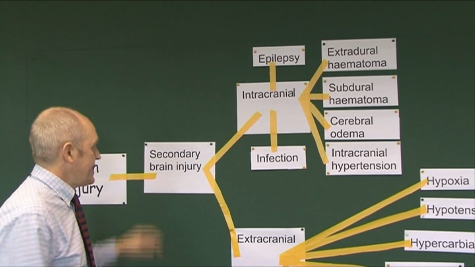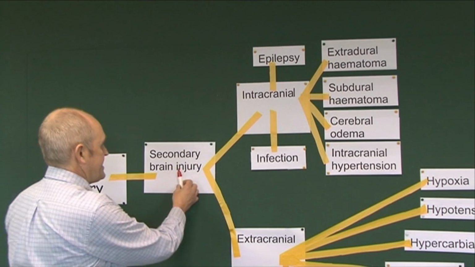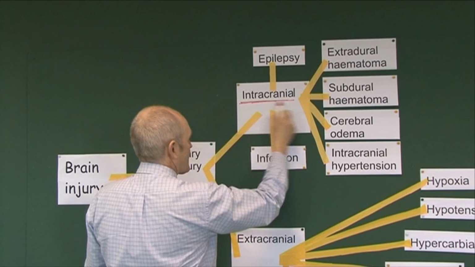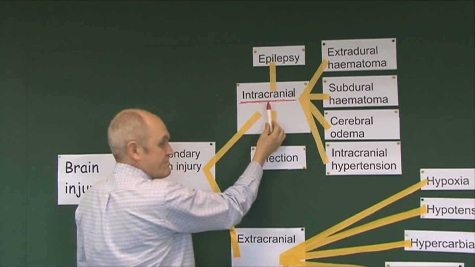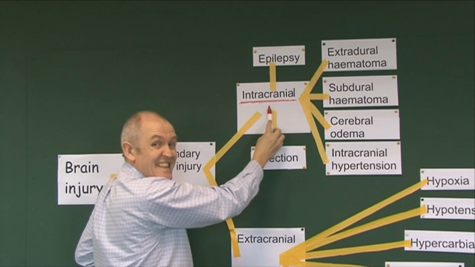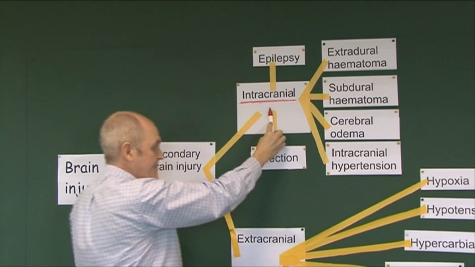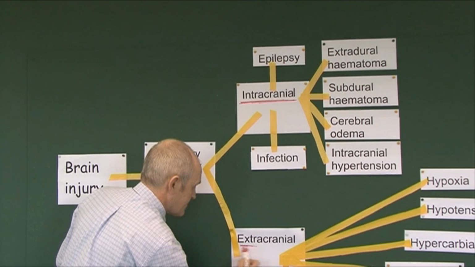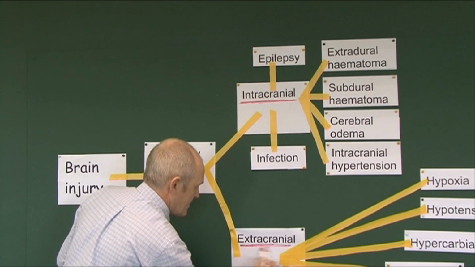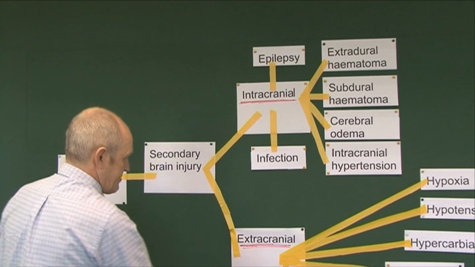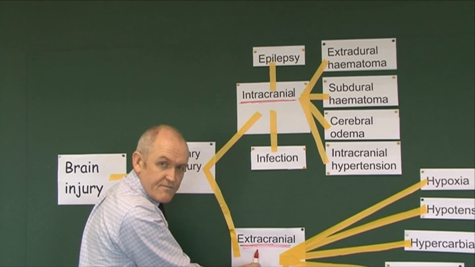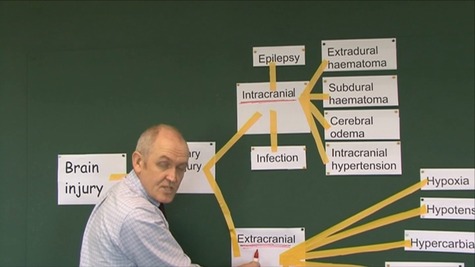And the first thing I've done here is I've divided secondary brain injury into intracranial brain injury. This is as a result of pathology that occurs within the cranial cavity. And then the other division here is extracranial secondary brain injury. And this is injury to the brain that occurs as a result of factors operating external to